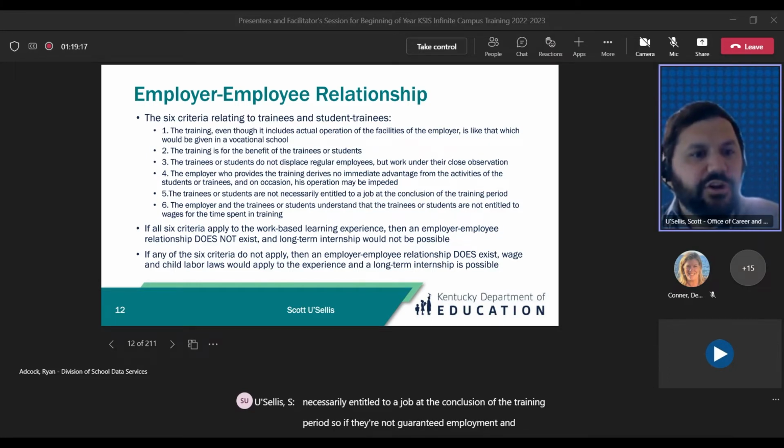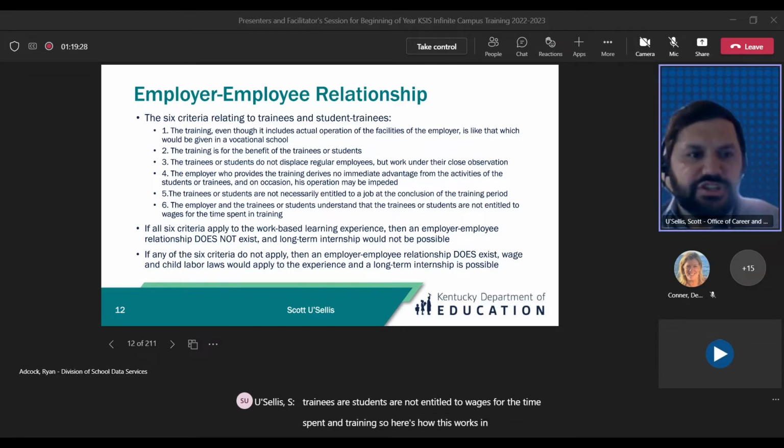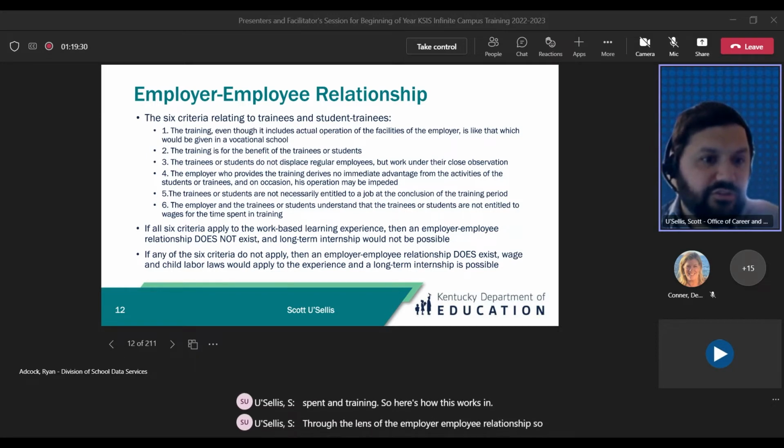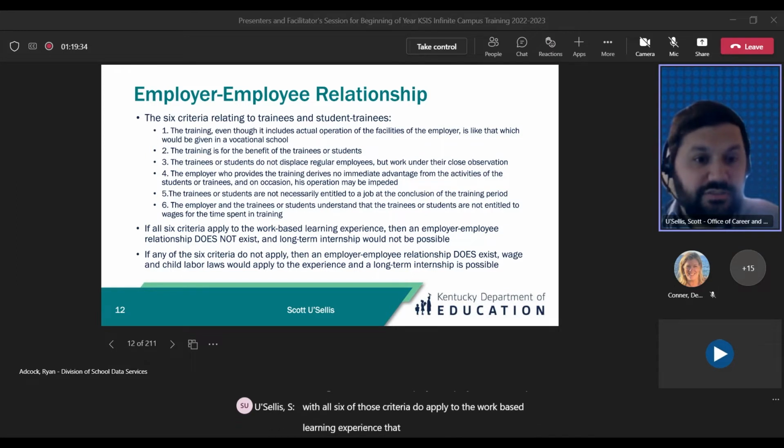And number 6, the employer and the trainees or students understand that the trainees or students are not entitled to wages for the time spent in training. So here's how this works through the lens of the employer-employee relationship. So if all 6 of those criteria do apply to the work-based learning experience that the student is going through,